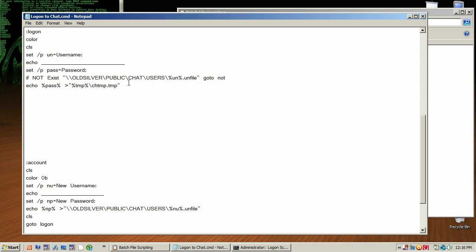So fc, and then in quotes we want the first one to be the temp file slash chtmp.tmp, and then we just do a space and enter the next one. So old silver, and remember with network locations always put 2 backslashes before the computer name, slash public slash chat slash users slash un.un file,